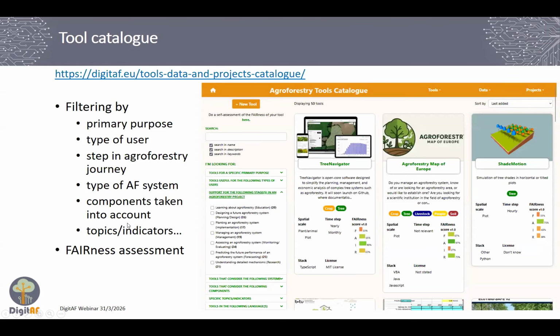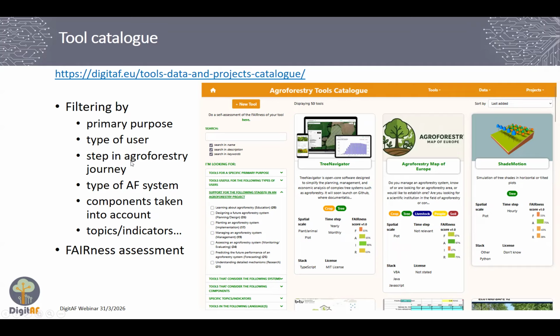The tool catalog can be filtered by primary purpose, research, education, training, by type of user, like farmer, policymaker, farm advisor, etc. But also by step in the agroforestry journey.